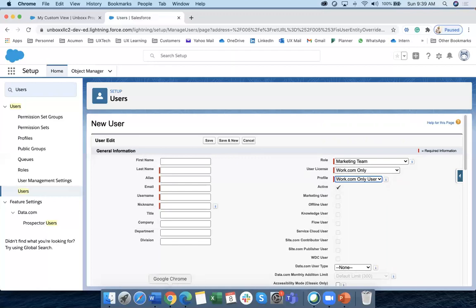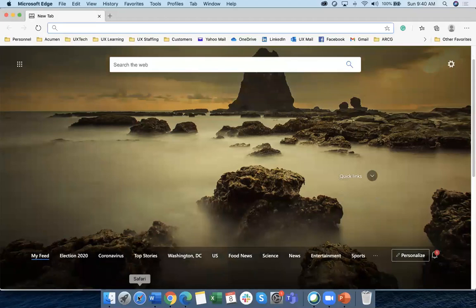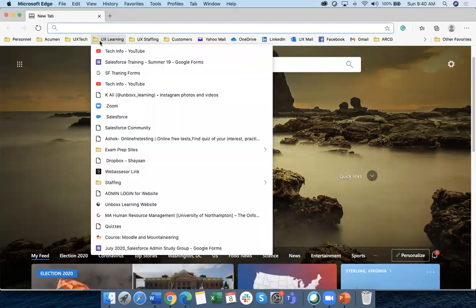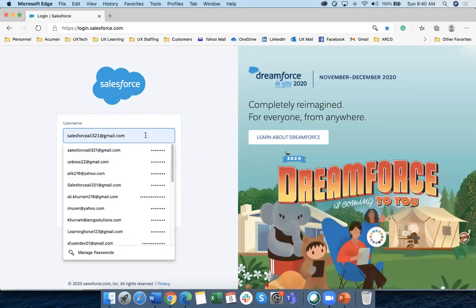For example, in my case, I'm using Chrome as a primary browser where I'm logging in as my admin. In one browser, you can log in as only one user. So just to caveat that, a shortcut is to have another browser ready. You can have Edge or Safari or Firefox, whatever you are using, just have another browser and use that browser to log in to your second user. So for example, if I go here, my second user is,